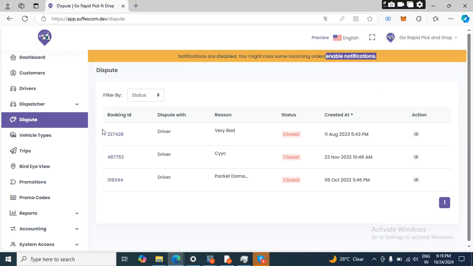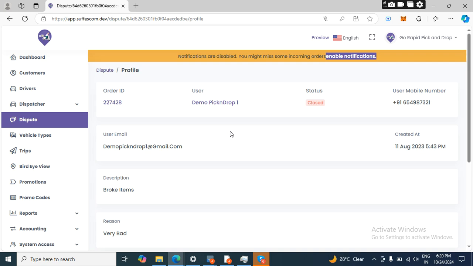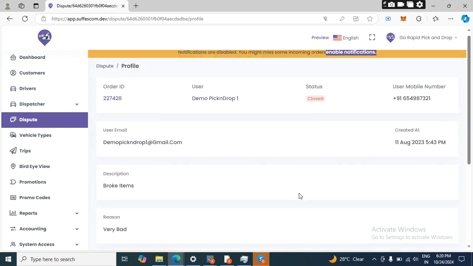Now moving on further, so this is the dispute section. As an admin, I'll be able to receive disputes from the customer side for the drivers, and I'll be able to see their booking ID, the dispute with the dispute person, the reason of their dispute, the status of their dispute, the creation date of the dispute, and I'll be able to take the following actions, and I'll be able to view the details, as I can see that the dispute is already closed from my side, so it has been solved